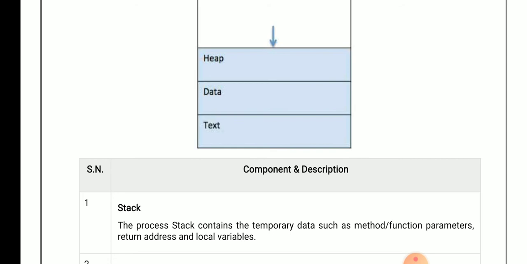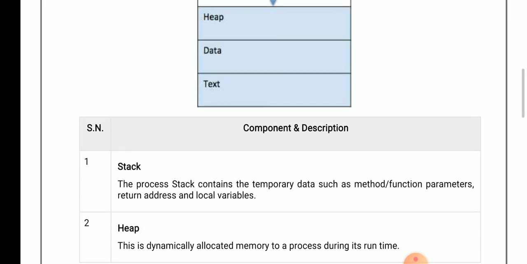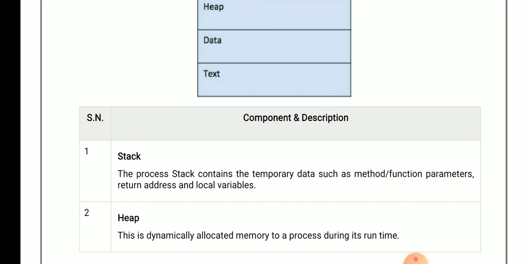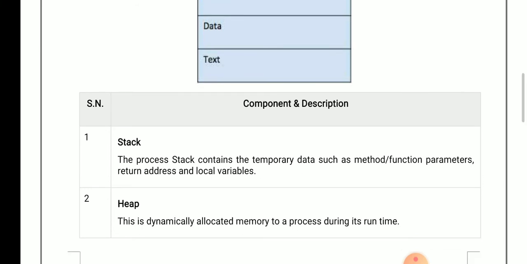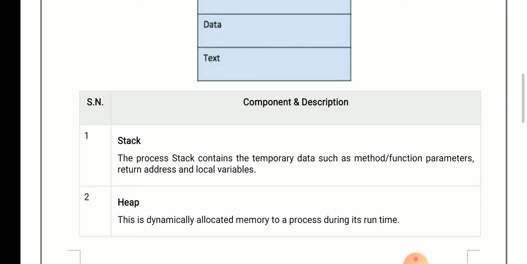Now our second section is heap. Why are we using heap? So dear students, basically the concept of heap is used for dynamic memory allocation. Okay, or we can say that whenever we are executing our program, or whenever it is in the mode of process, at that time we require some memory. For that memory allocation we are using the concept of the heap section, or we can say that whenever we have the requirement of dynamic memory allocation, at that time we are taking the help of the heap section.